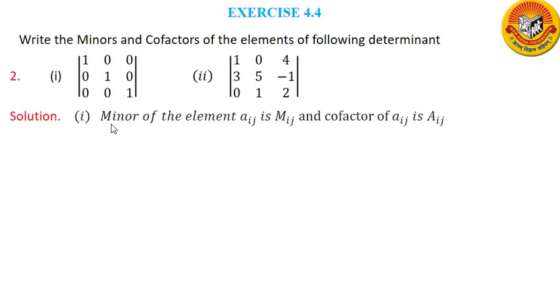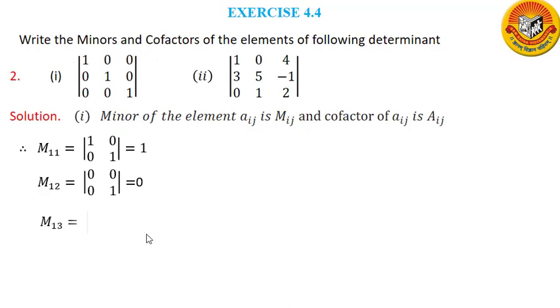The minor of the element Aij is Mij and the cofactor of Aij is capital Aij. So first I will calculate the minors of different elements. M11 indicates the minor of the first element. Here, if you want, you can write first A11 and then start with M11. So you can write A11, then M11, then capital A11, right? I am first calculating the minors and then I will calculate the cofactors. So for M11, I will remove this column and this row, I will get this determinant whose value is 1. Similarly M12, I will remove the second column and the first row, and I will get 0, 0, 0, 1.